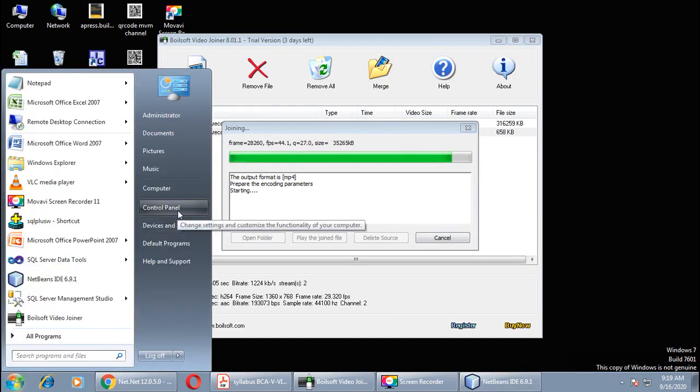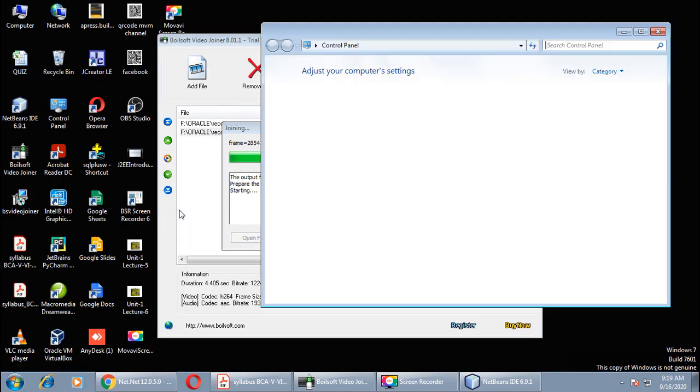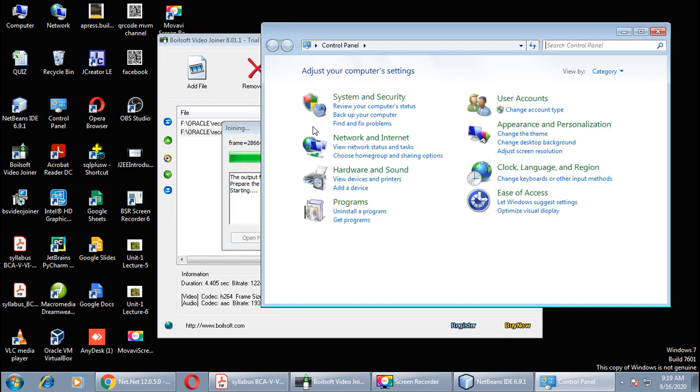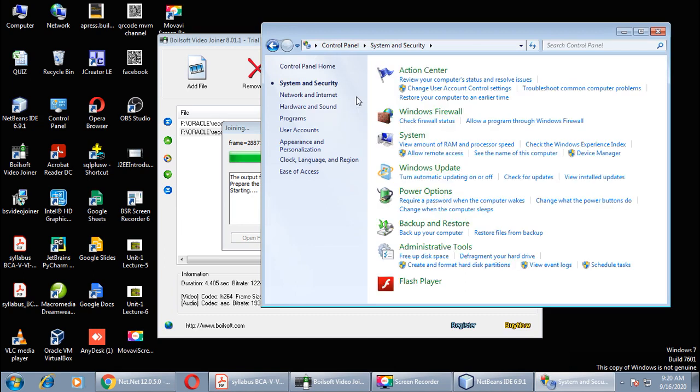For that, go to your control panel by clicking on the start button. Open your control panel. Go to system and security and select administrative tools.